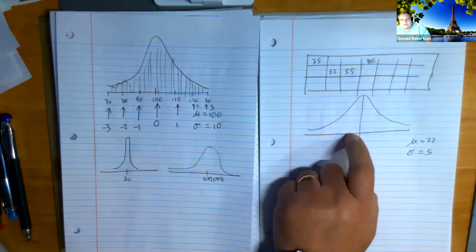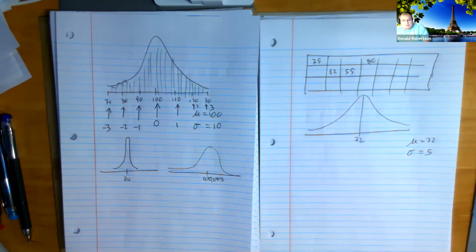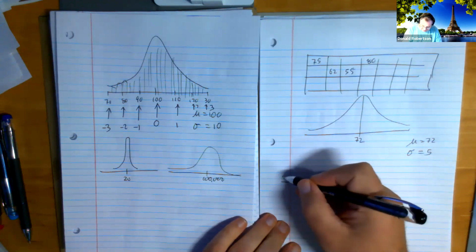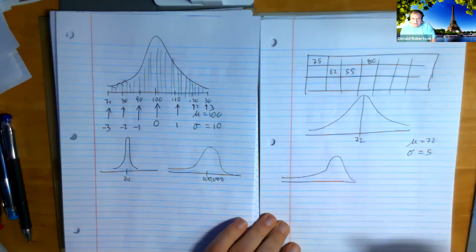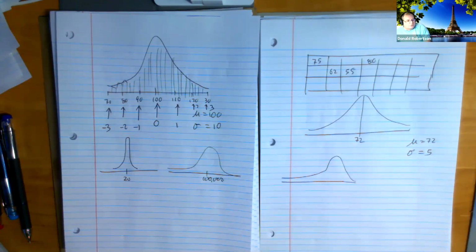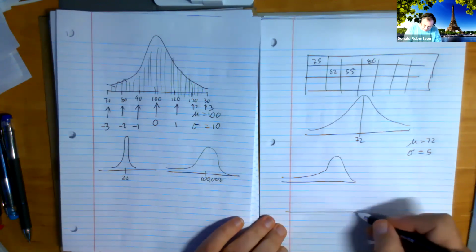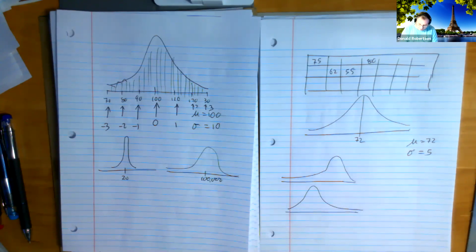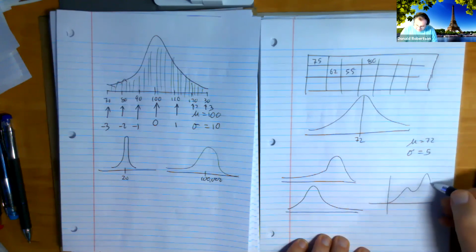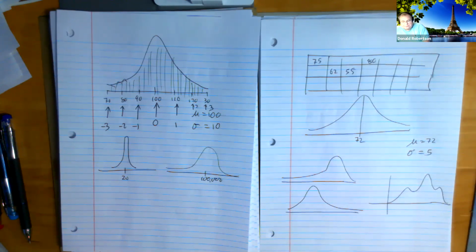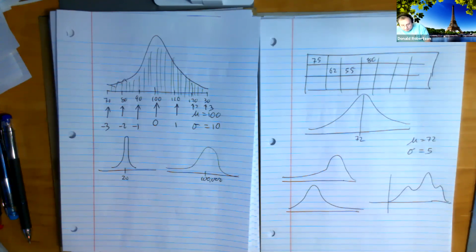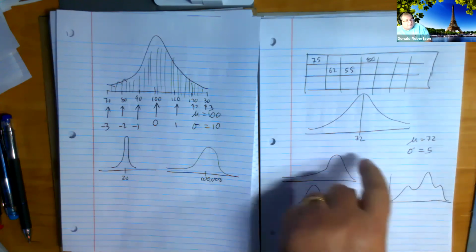Now you can eyeball it, and very often you can look at it and you can tell the bad ones. If I did a distribution and it looked like this, would you agree that is skewed left? And so I can't use z-scores and all the cool stuff. If it looked like this, wouldn't it be skewed right? What's wrong with this fella? It's not unimodal. Well, as long as it's blatantly bad, I should be able to eyeball it.